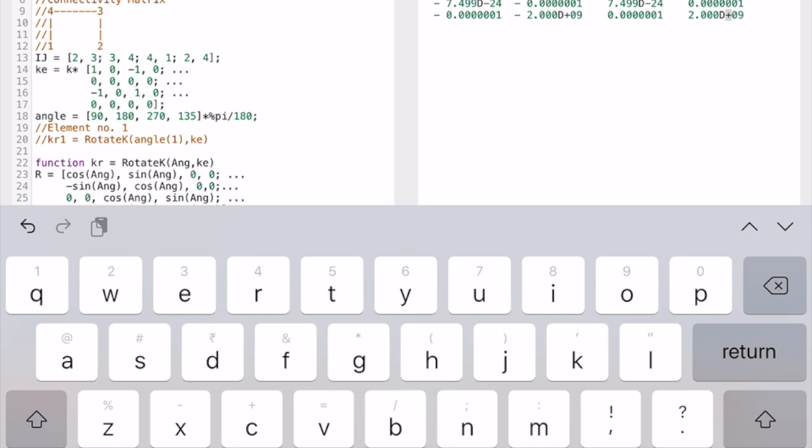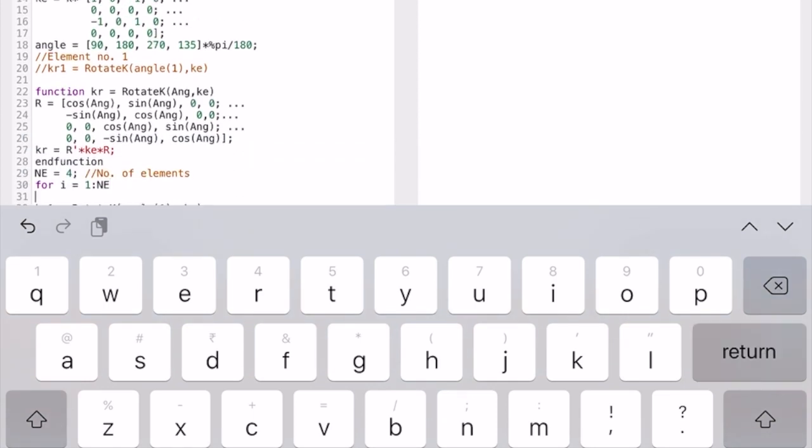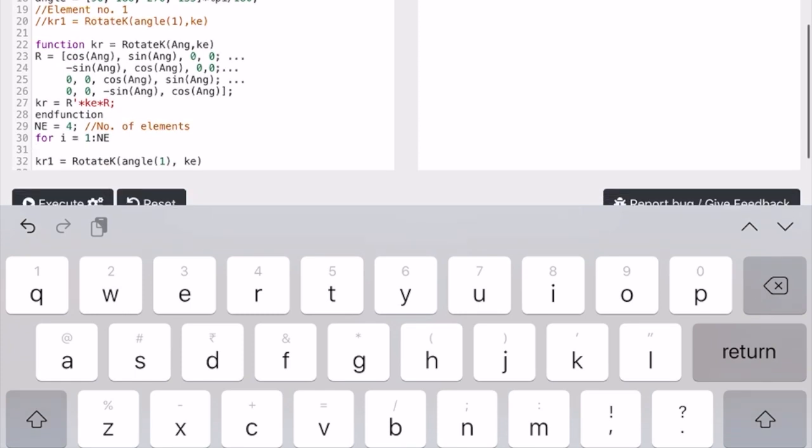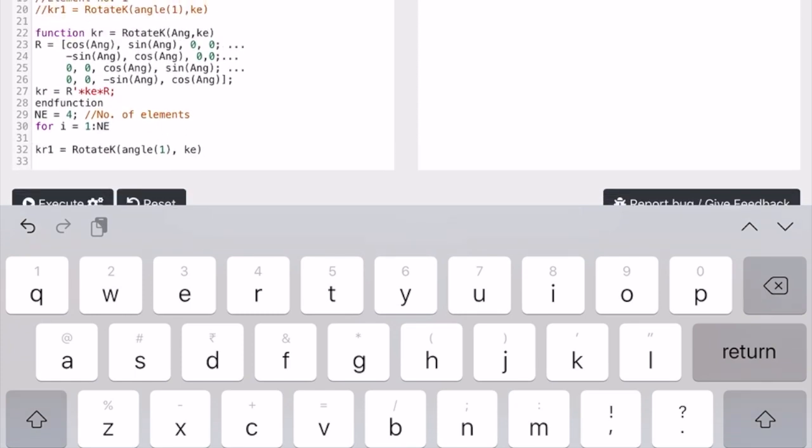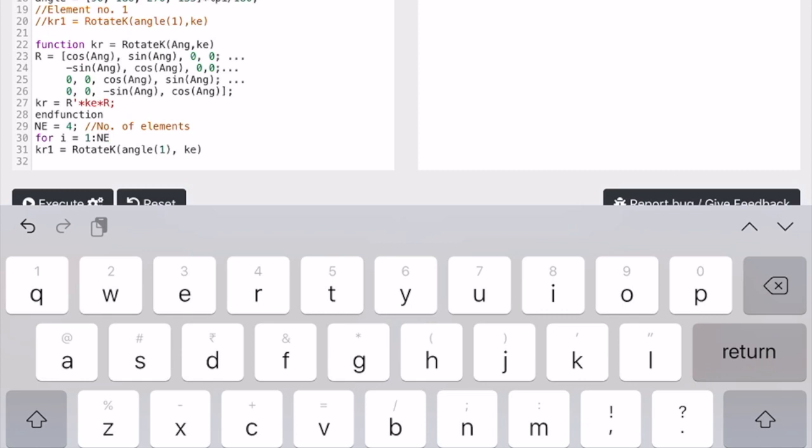We are going to basically call this matrix, the rotate k function. So we just write kr equal to angle, the ith angle first. So it takes the ith angle, okay, and we get the kr. Okay. So once we get that kr,